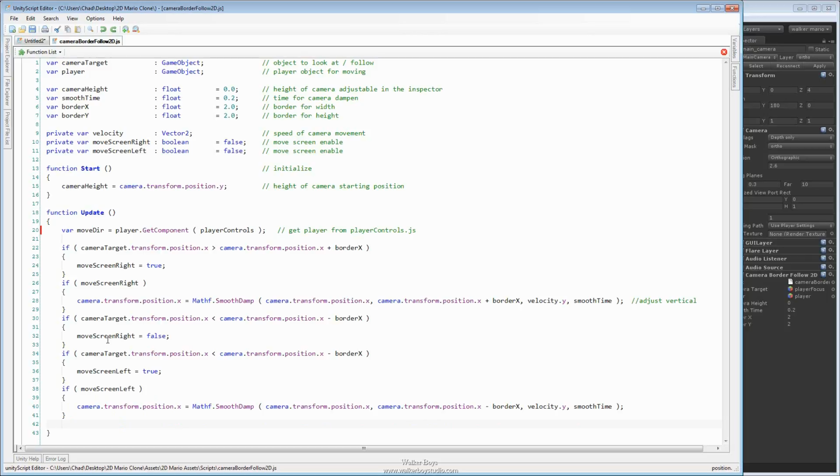And since we know, just like the other one, that if we go to the left and we don't have something to stop it, it'll just continue going to the left. So let's go ahead and place another if statement on this one. And again, we're just telling the camera target that if it's greater than the current camera's position plus the border,